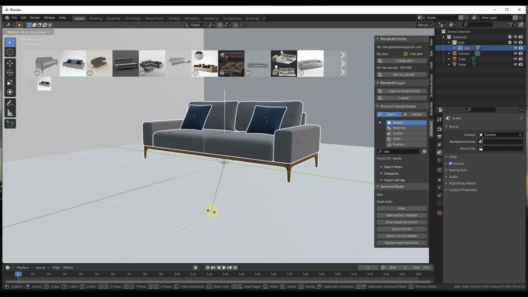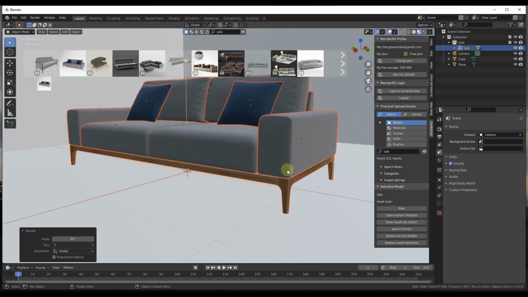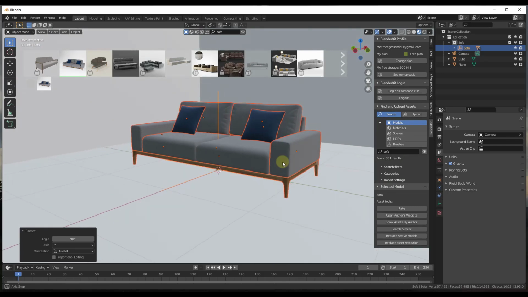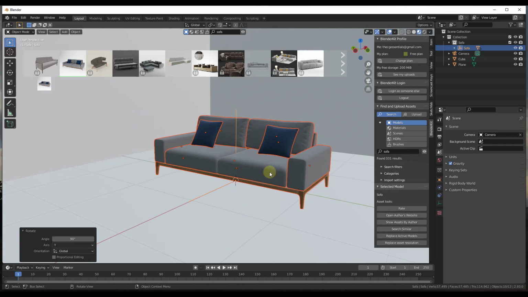We can place that inside of our model. And so the cool thing about this is, if you look at this, this has nice textures already applied and mapped to it, so it's ready for rendering out. So if we decided that we wanted to render this, this would look great inside of our scene.